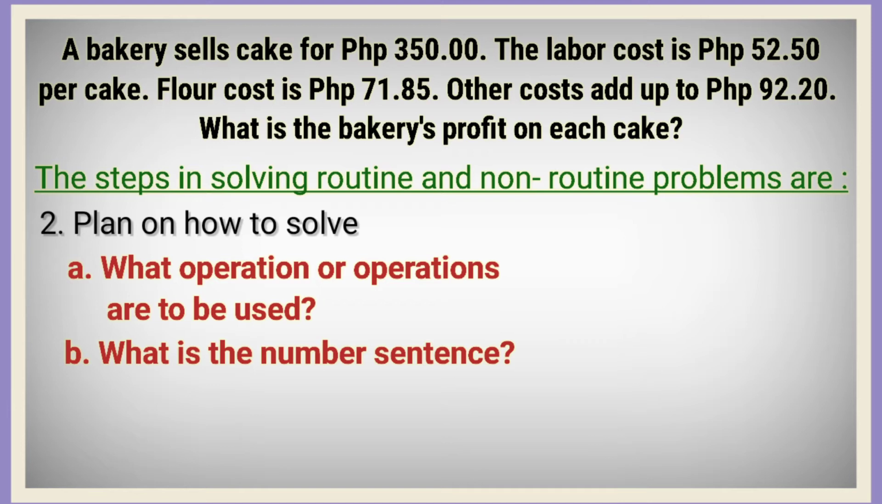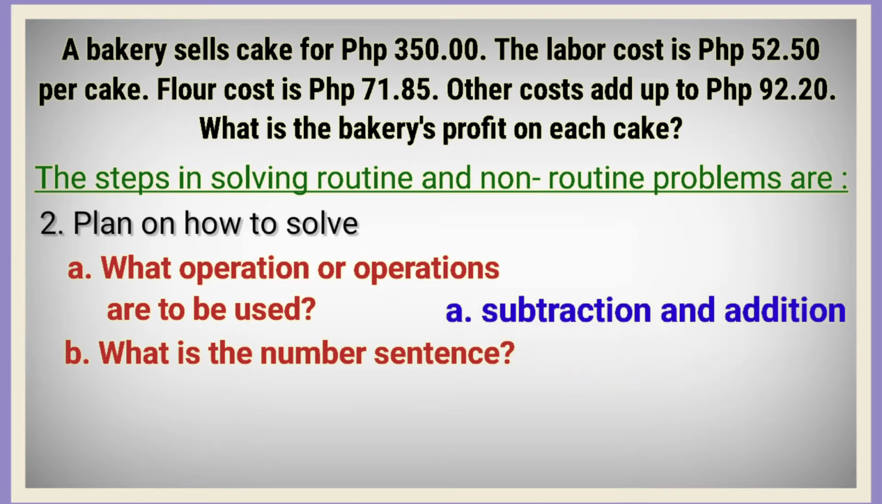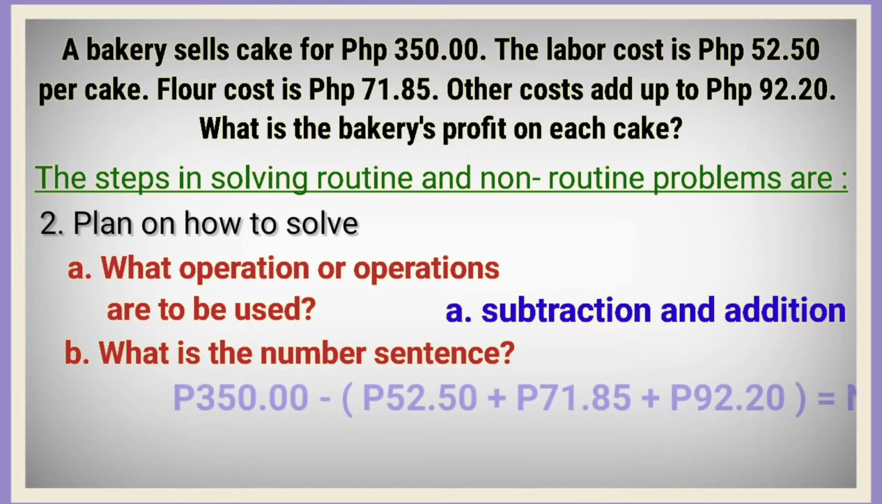So we go back to the problem. We need to find the profit. A profit is a number garnered from subtracting sales and costs. Also, you need to add all the costs involved. Henceforth, our operations would be subtraction and addition. Arranging the given will result to our number sentence, which is